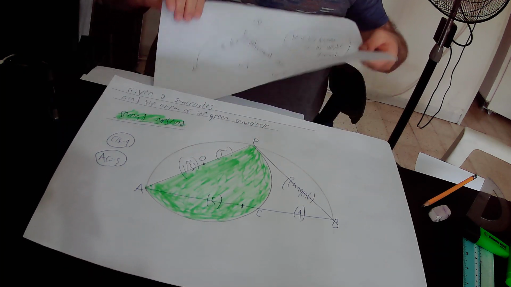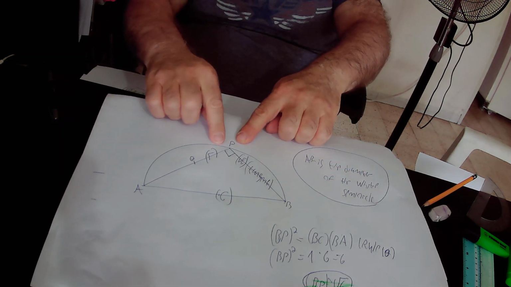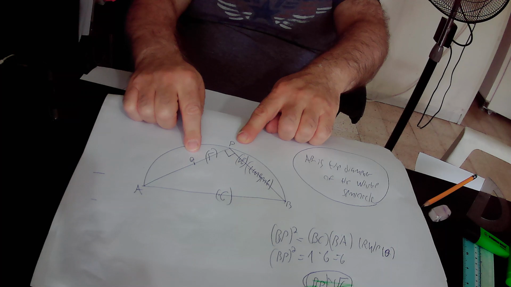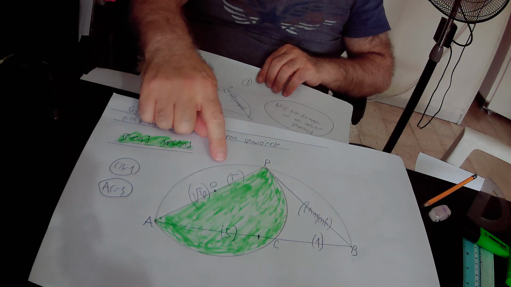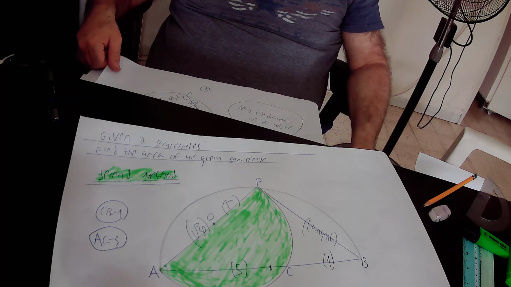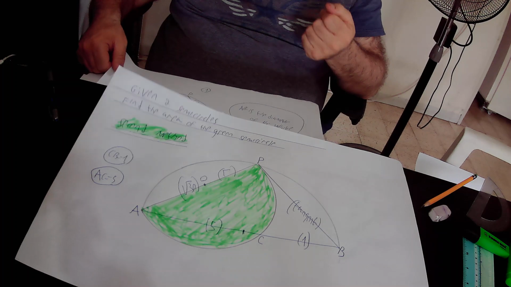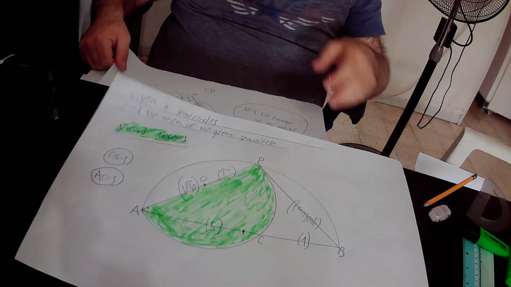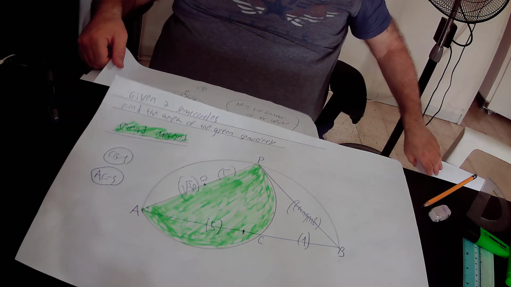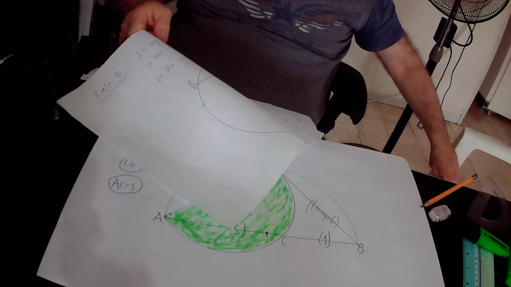Again, BP creates 90 degrees with the radius PO, R, the radius of the green semicircle. Therefore, whenever you have a line segment that creates 90 degrees with the radius of a circle, you can implement rule 1. Repeat quickly on rule 1. According to rule 1,